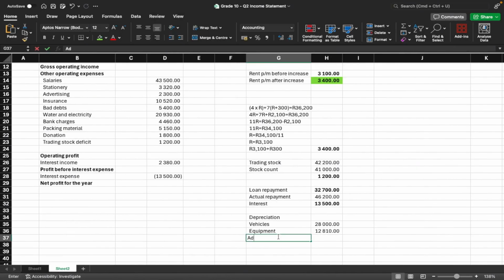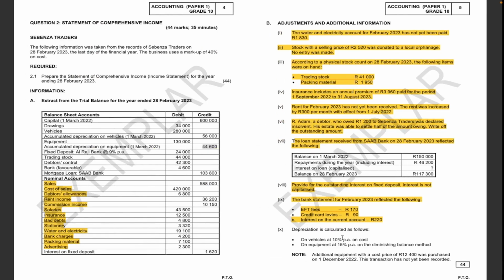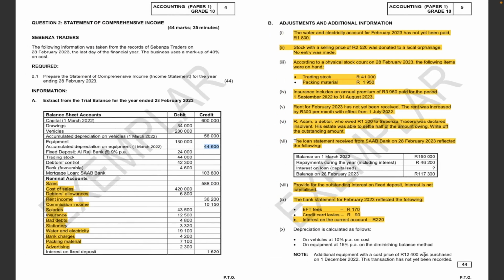So I'm going to write here additional equipment, and I'm going to take, how much was it? 12,400 multiplied by 15%, and then multiplied by the number of months divided by 12. How many months have I had this equipment for from the time I bought it until the end of the financial year? Well, it's December